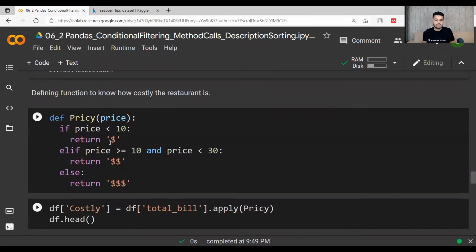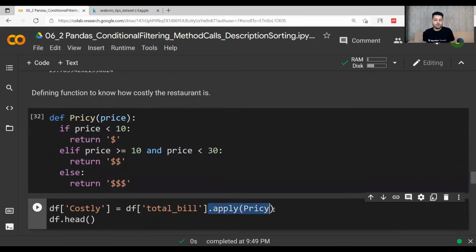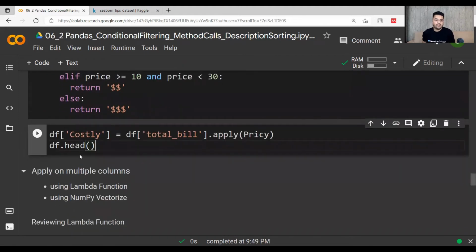If price is less than 10, then $1 symbol. If it is between 10 and 30, then $2 symbols. Else, if it is greater than or equal to 30, then $3 signs. So if I pass this pricey function with apply on a full column, I can define a costly column and it can be appended to my data frame.